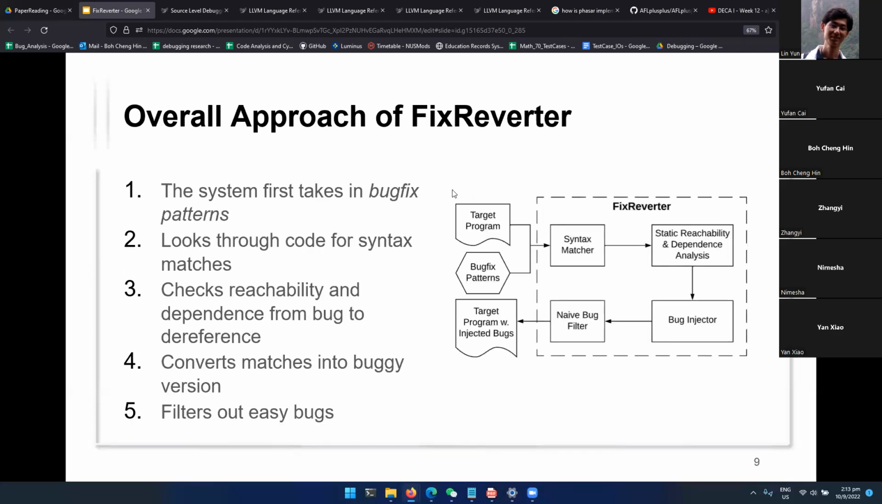Okay, so this is the architecture diagram for the bug injector, which is called FIXREVERTER. First the system will take in something called bug fix patterns. These patterns specify what kind of code we should modify, the syntax of the injection sites. And then the syntax matcher will use these patterns to find matches in the code, to find places to inject